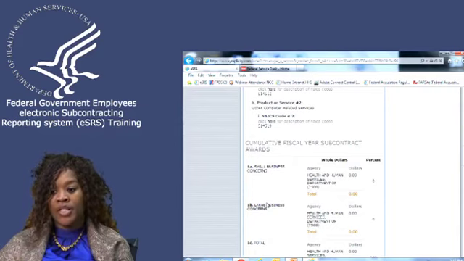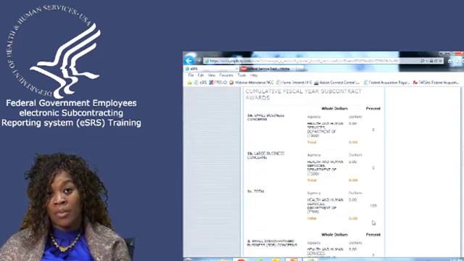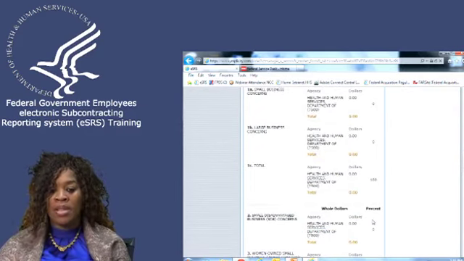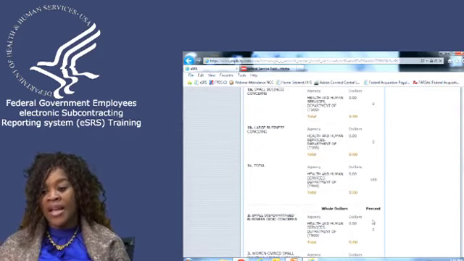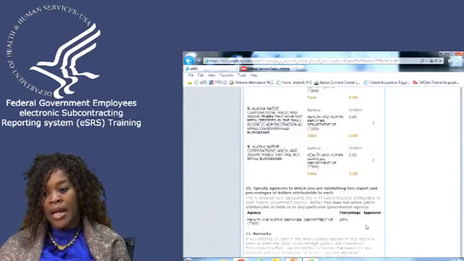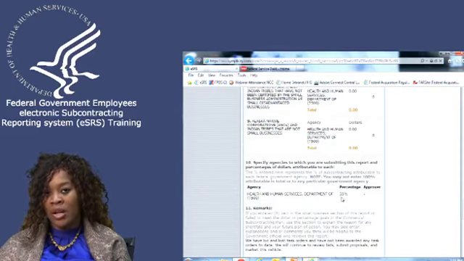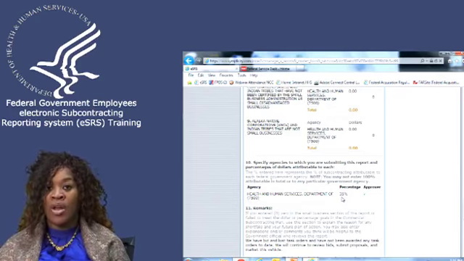If they are not, as you see, this particular contractor has done no subcontracting at all. And that is because perhaps there is a reason. However, if they have not given us a reason in the remarks field, we need to reject their report, because what we would want to know is why. In addition, they've given HHS 35% of their subcontracting accomplishments and they've done none. So this tells me that this particular contractor needs to be educated on how to file this particular report.